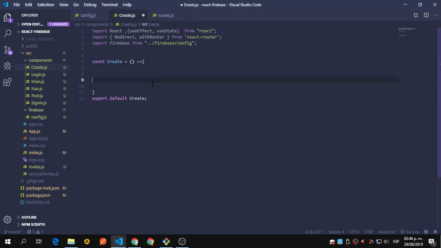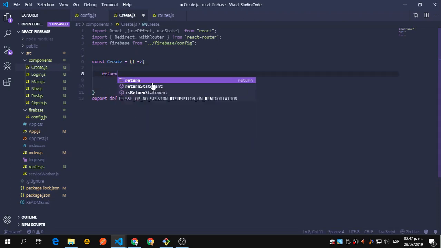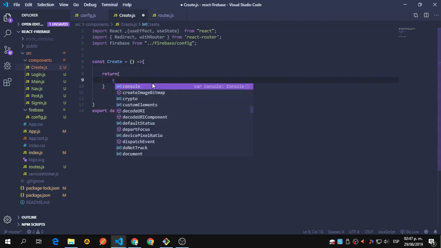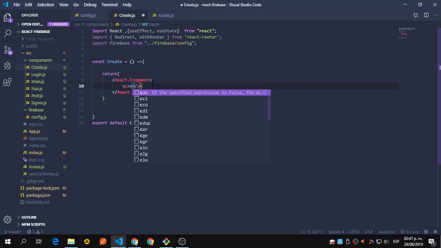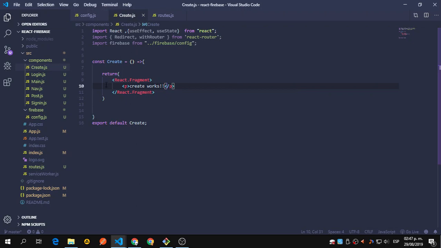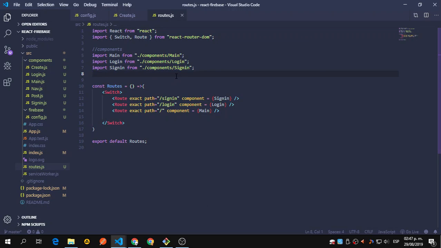Here we can return a React fragment and say "create works," just like that. We need to define this one inside our route, so let's say import